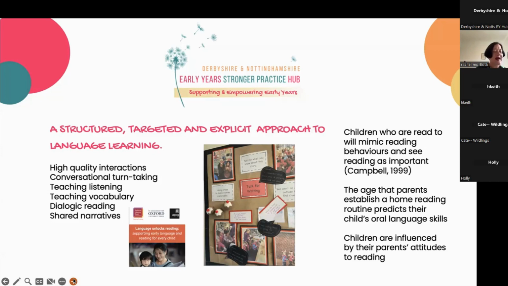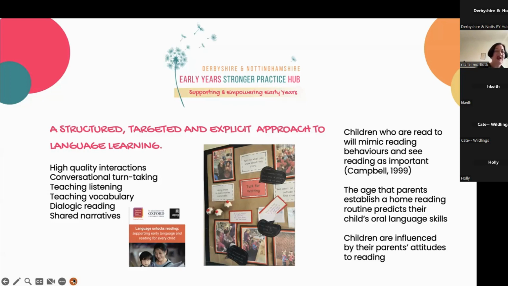As other research said, Sir Blatchford's research, it's not just about creating this amazing environment and expecting children to learn. Adults need to explicitly teach children in the areas of provision, but they also need to explicitly teach children to address the gaps in their language and in their skills and in their knowledge. And it looks at 6 areas, and that's what we're going to go through broadly